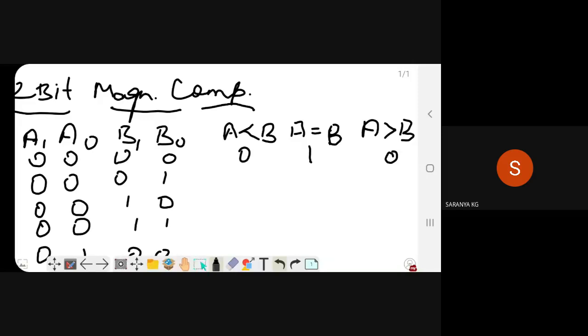If you don't understand, pay attention. Value of A is 00, B is 01. When I go for its decimal value, A is 0, the value of B is 1. Now say A is less than B, greater than B or equal to B. Less than B, ma'am. A is less than B and the remaining columns are having the value 0. Next one, it is also A is less than B, and the fourth one is also A is less than B. Okay, come for the next.